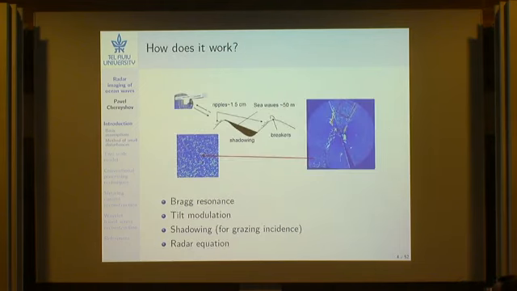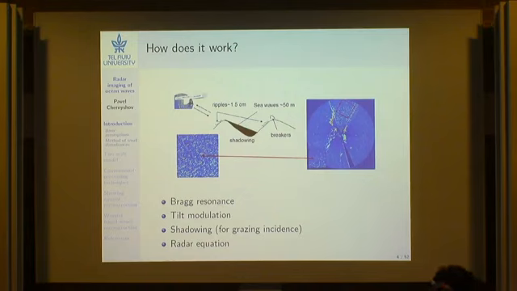Let's go further. Actually, how does it work? Because we have only one radar, we don't have another one to catch the signal. And from school physics, we know that there is a specular reflection, where the incident angle equals the reflected angle, and this is not the case. We need a backscatter mechanism, and actually there exists a backscatter mechanism. This is Bragg resonance,